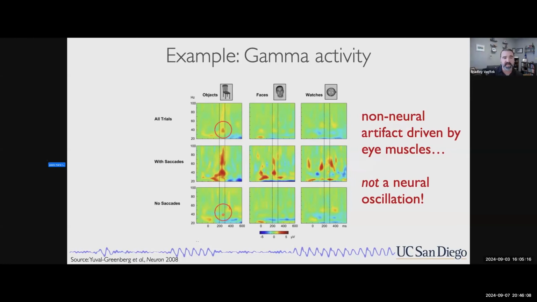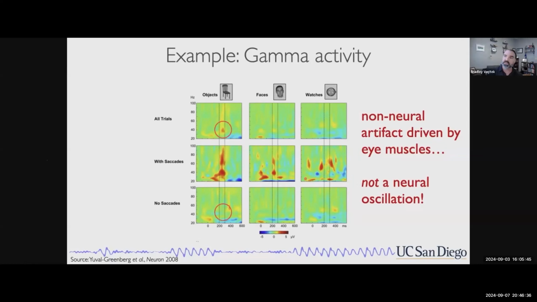And if you only look at the trials where they did make these very subtle eye movements, you see this very broad high-frequency gamma band activity. And what they showed is that even though you have a lot of power in the gamma frequency range, replicating many studies over and over again, it's likely that this gamma band activity in these kinds of experiments is not neural activity, but in fact artifacts driven by very small movements of